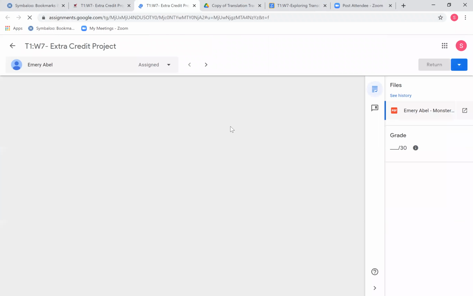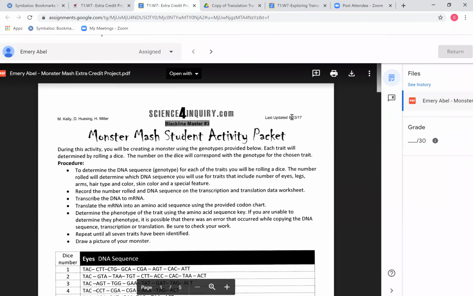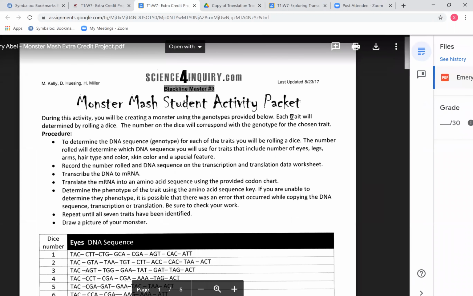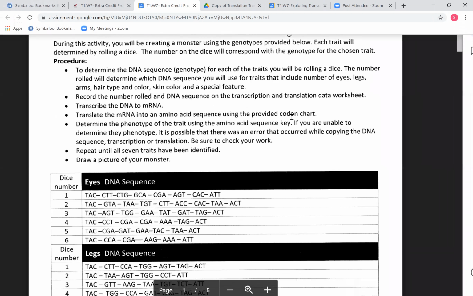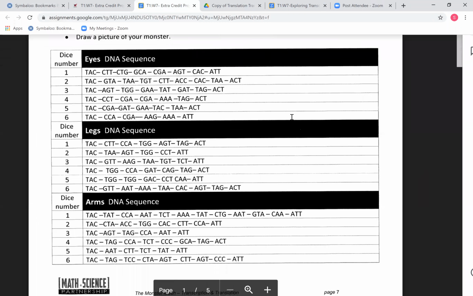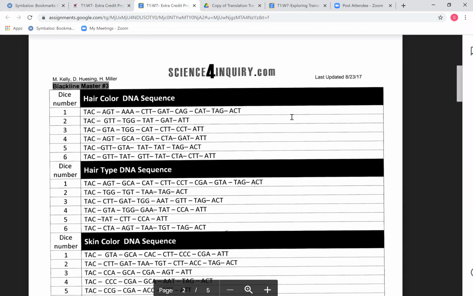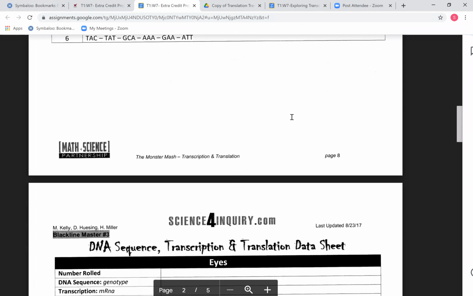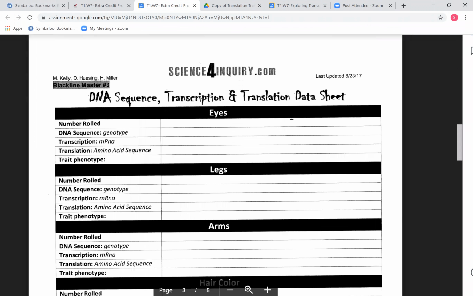You're going to build a monster. And what you're going to do is, again, take dice and roll. This is worth 30 points of extra credit. You can go through and find the eyes, the legs, the arms, the hair, and so on. And then down here, you're going to roll the dice or tell what the roll was that you had, tell the DNA sequence,